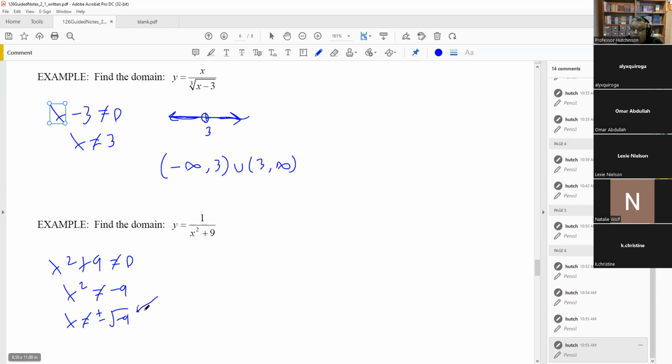Now this number right here is actually considered to be imaginary. That's not a real number. The square root of a negative number we can't do. That's impossible to do there. That's not a real number. So therefore, the only way that this bottom part's going to be a 0 is if I have an imaginary number inside there. Well, imaginary numbers we don't want to include anyway. So what this is saying is that there are no real numbers